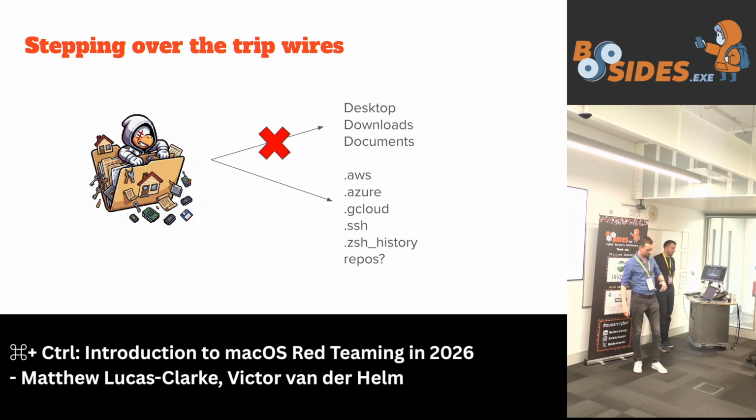If you manage to land in a process that has TCC permissions, great. Do what you want, access files you want, go for it. But if you don't have the TCC permissions you want, then really there are two approaches you can take. One is to spam prompts. This really will depend on what process you're in and how gullible you think your user is. So if you're Google Chrome trying to access downloads, you're probably going to get away with it. They'll probably click OK. But if you're something really dodgy, then maybe you won't.